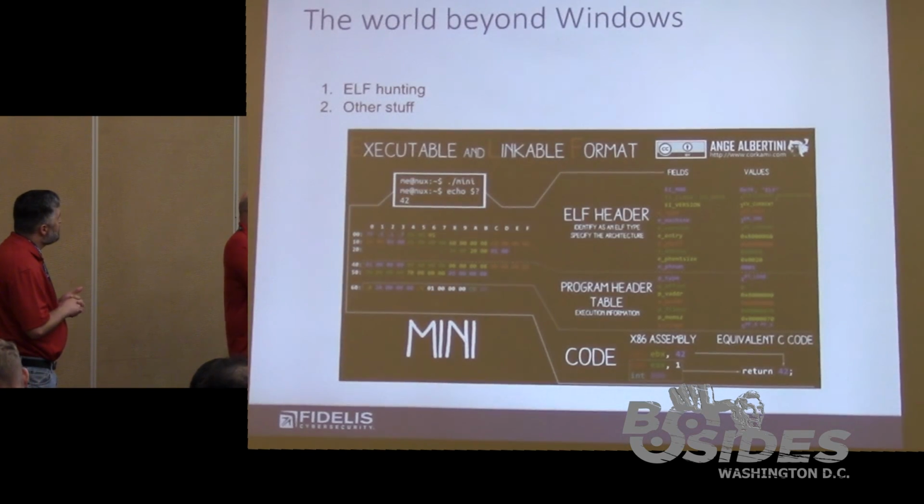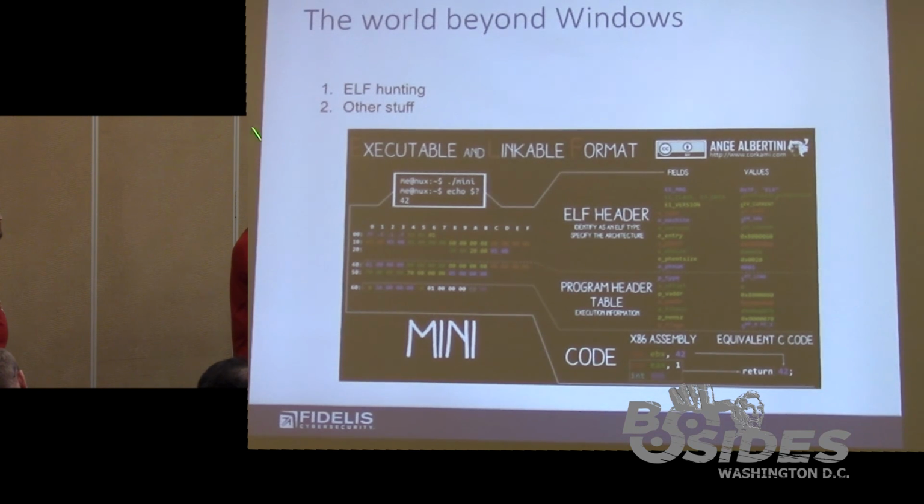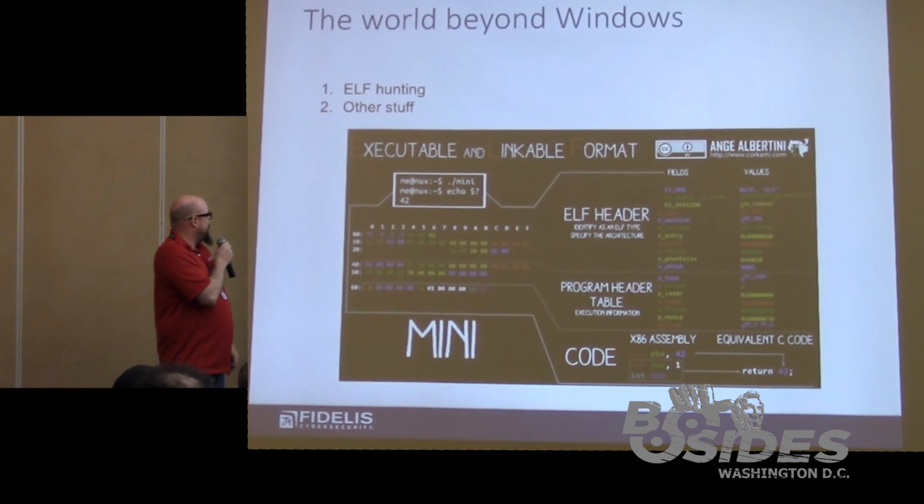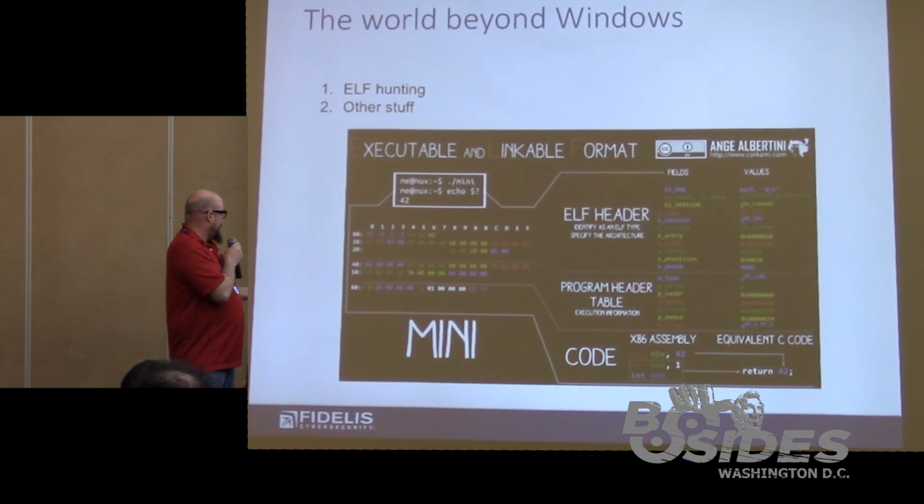Going beyond Windows, these same tactics could be applied. What we're looking at here is an ELF header for all you *nix folks out there. And literally, you can search stuff, you can use a lot of the same tactics, including trying to decompress an ELF using WinZip. It'll break it down into the components, and it's just a really nice way to cheat.